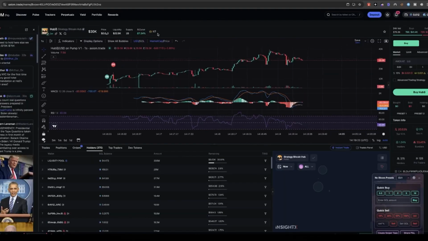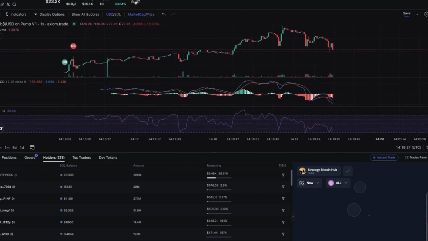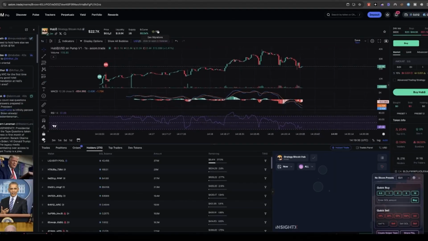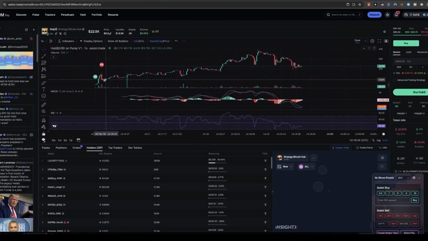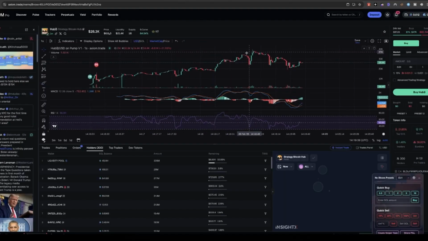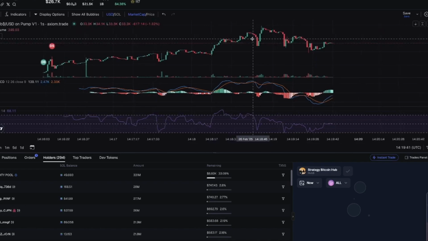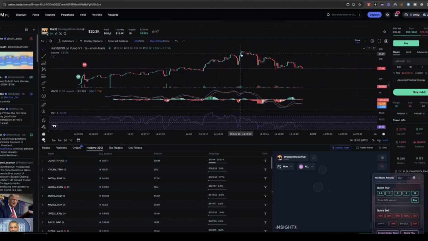So if you're doing this and checking this out with the pulse section, and you notice that a coin has just been created, and obviously the developer has a lot of migrations, there's an opportunity there for a quick flip, especially at 12k. I probably would have been looking to get out around this 30k right here, or at least made sure that I took my profits and that I wasn't going to be losing any money from this trade.